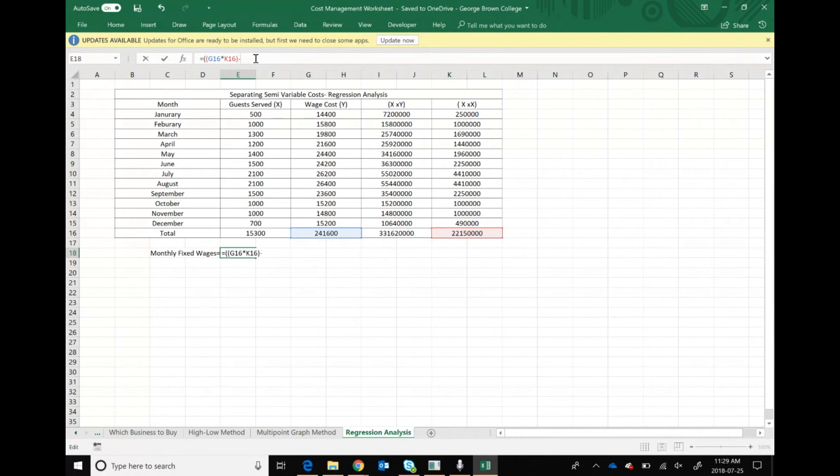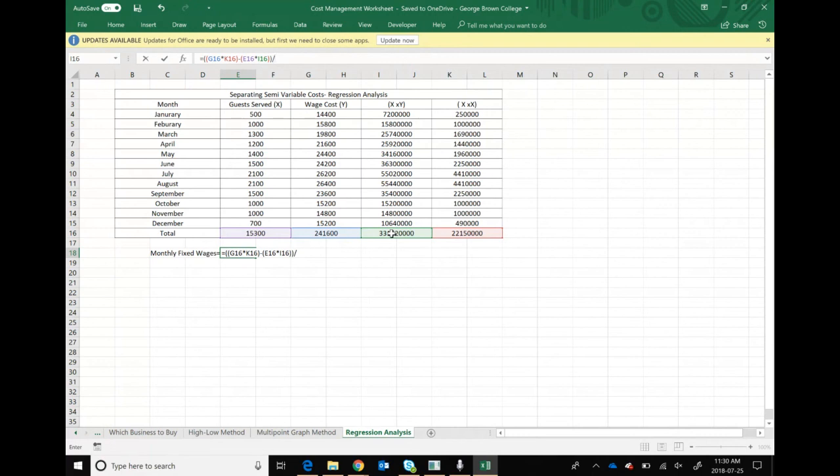And then we minus sum of x multiplied by the sum of xy. Okay, and now then we divide that by